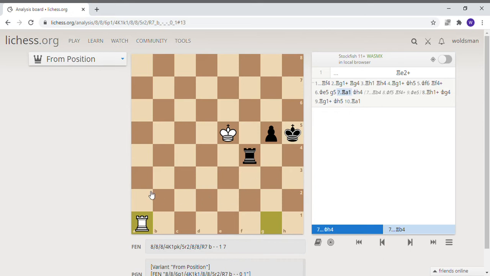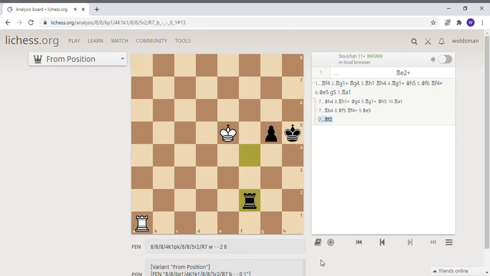So what Black needs to do is to find a move that enables him to improve the position, and this is going to involve moving the rook away from its station on f4. So the question is, well, where should the Black rook go? Well, a mistake is to try rook f2, and the problem with this move is White goes rook h1 check,